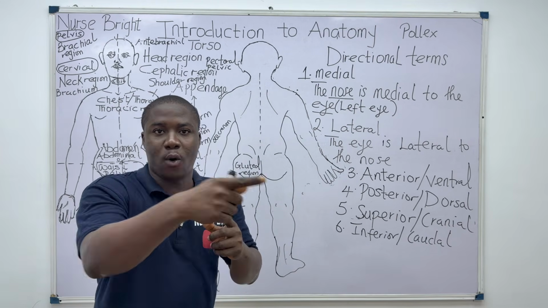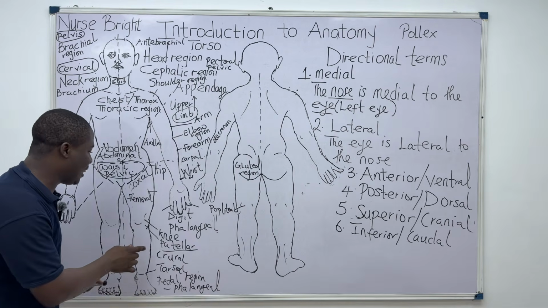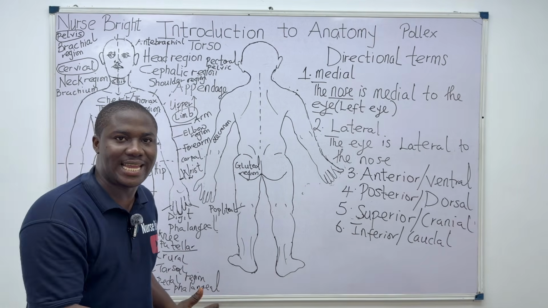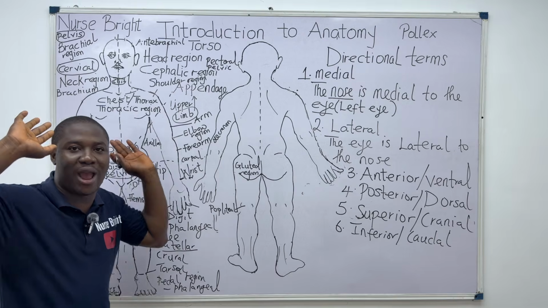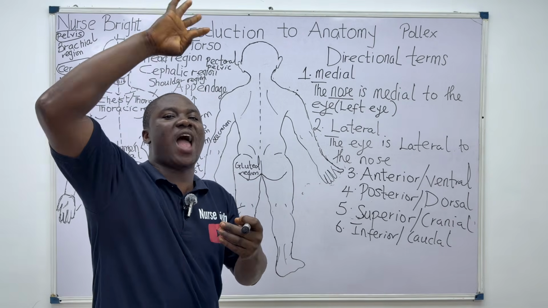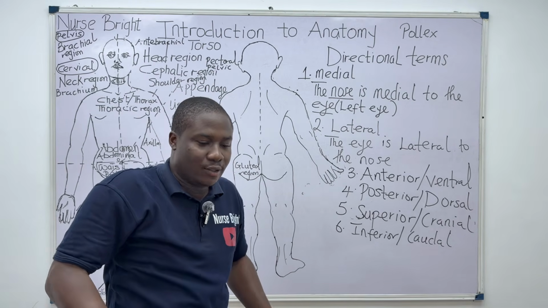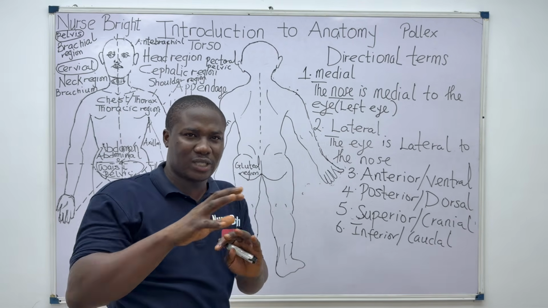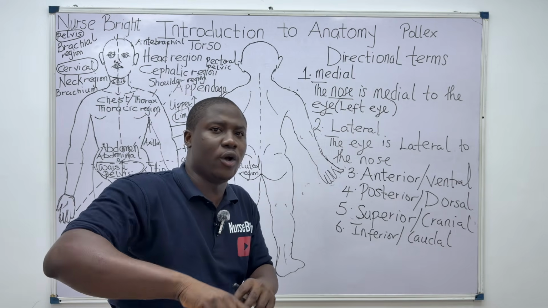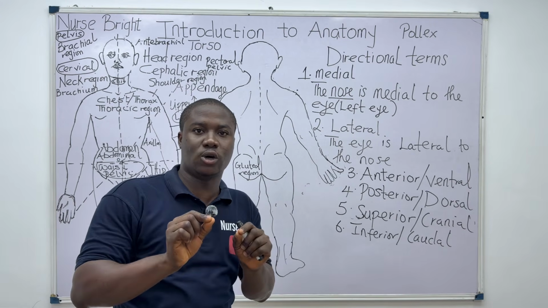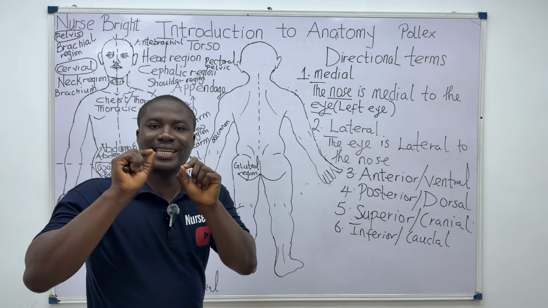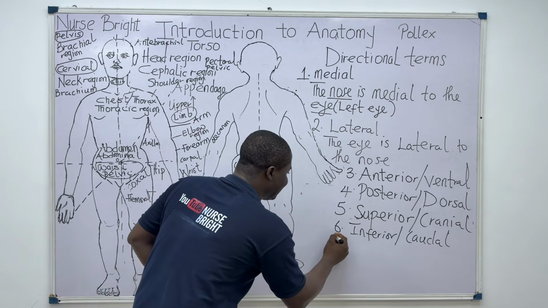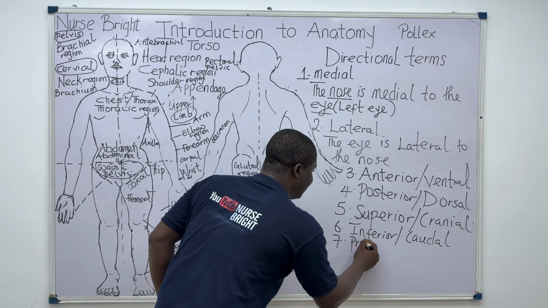So making an example with the term inferior, we simply say that the patellar region, which is the front part of the knee, is inferior to the hip. We are correct, because you are far away from the head, or even closer to your feet region. Do you understand? That's what inferior means. And the term inferior is also called caudal. Now let's get into another directional term that is very essential, and this term is called proximal.